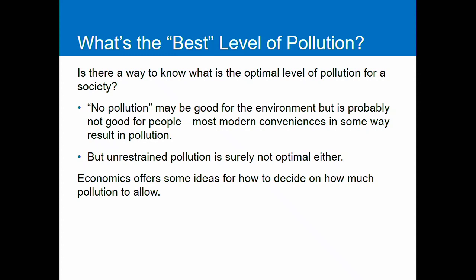But obviously, unrestrained pollution isn't optimal either. We don't want to live in a world where there's constant smog, even in a place like this. It's far away from a big city. So there's somewhere in the middle between no pollution and unrestrained pollution. That's the optimal level for society. We're able to enjoy products that meet our needs. We're able to have stuff that we absolutely need, like life-saving medical care, something that's going to cause some pollution. So we have to decide how much pollution to allow. What's the best level of pollution?